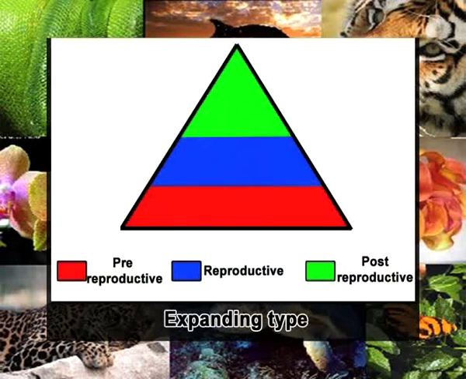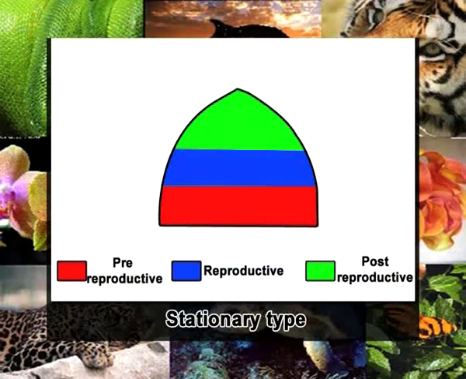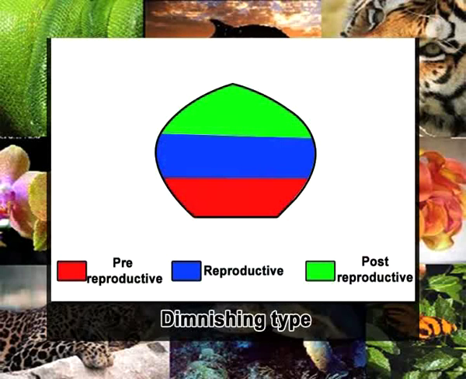A population with a high number of young individuals, that is pre-reproductive individuals, as compared to the older organisms, is of the expanding or progressive type, while populations with equal proportions of the three major categories are said to be stationary populations. And if the number of older organisms is more than the younger ones, the population is said to be retrogressive